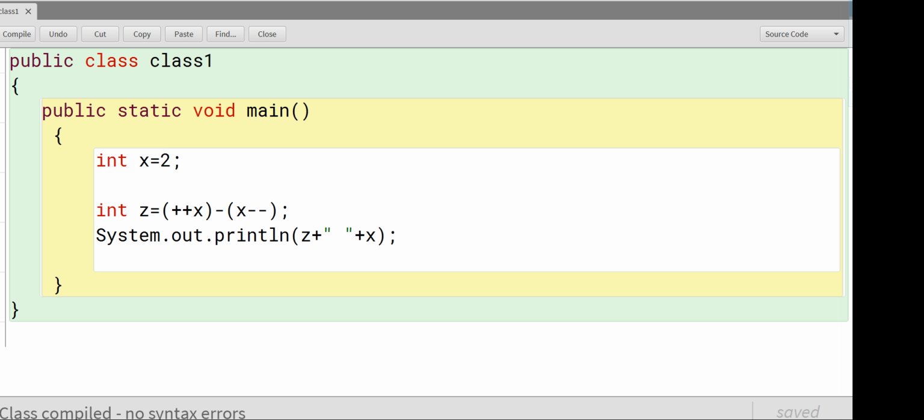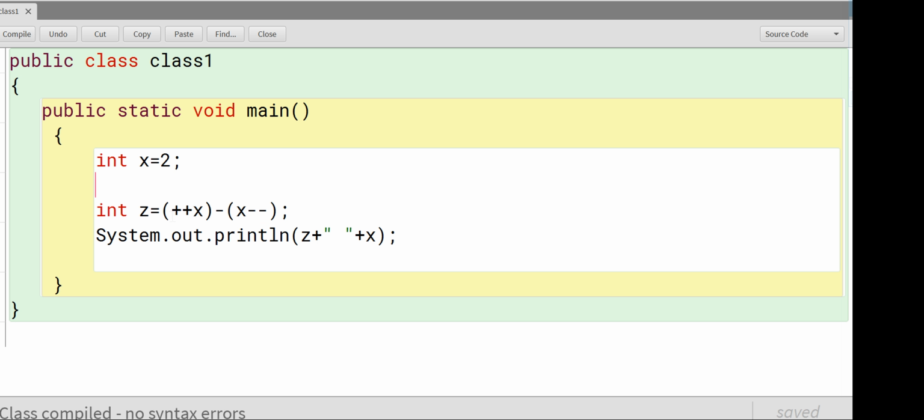If the operator is used before the variable, it is called the prefix increment or decrement operator. The plus plus symbol represents the increment operator and the minus minus symbol represents the decrement operator. So if it is used before the variable, it is prefix, and if it is used after the variable, it is postfix. So we use this operator in two forms, prefix form and postfix form.